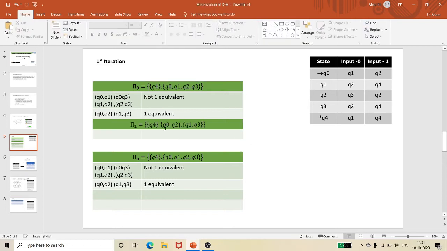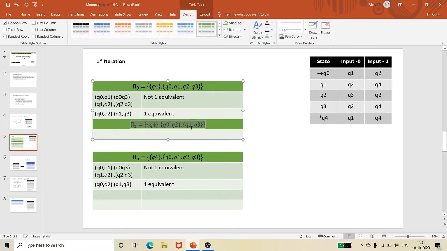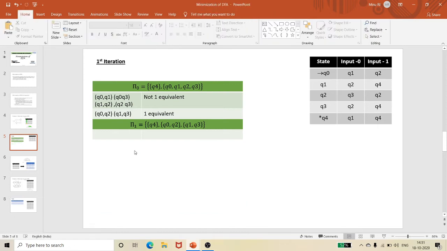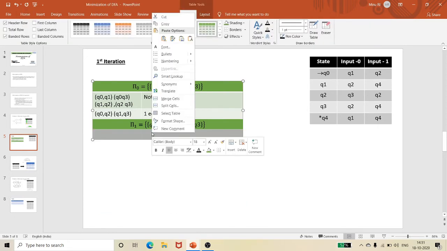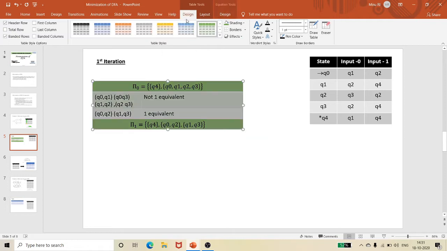So out of this, now this is my current iterative output. So now with this we need to go to the next iteration. The iteration has to end when my pi of n is equivalent to pi of n plus 1, that is if pi of 0 is equivalent to pi of 1, or if my pi of 1 is equivalent to my pi of 2, then I can stop my iterations. Until then I need to go on with my concept.